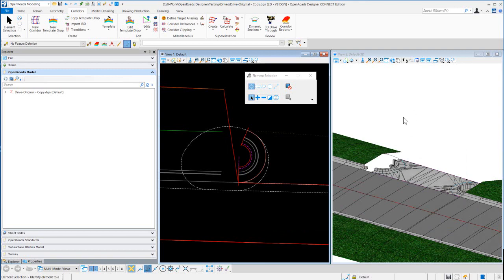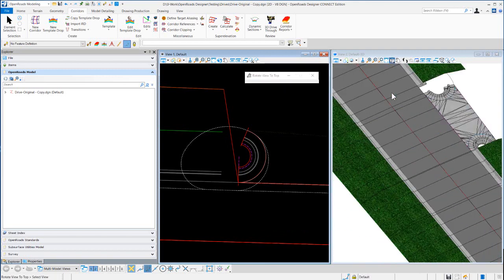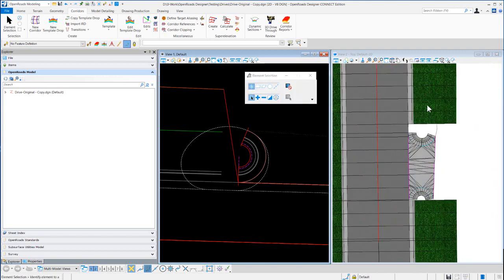So I'll hit close here, and you can see, just do like a top view, but you can see that